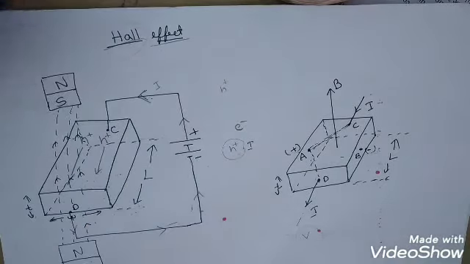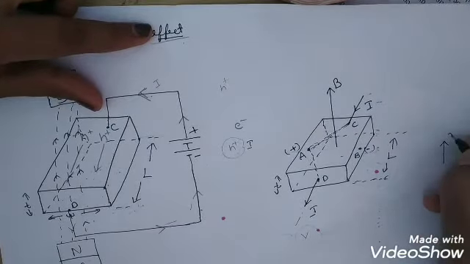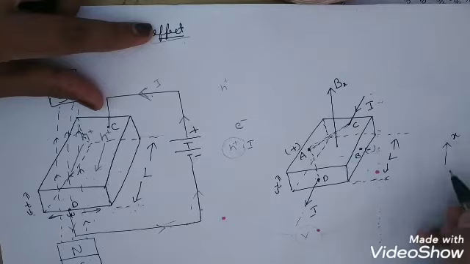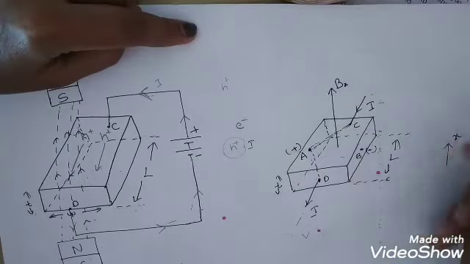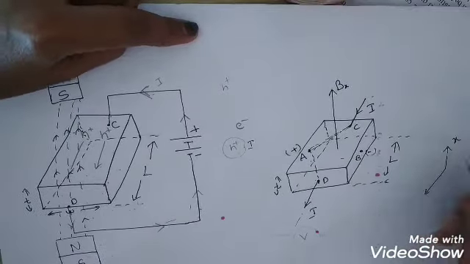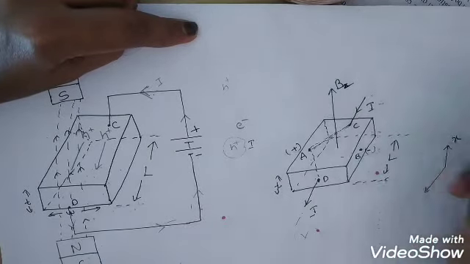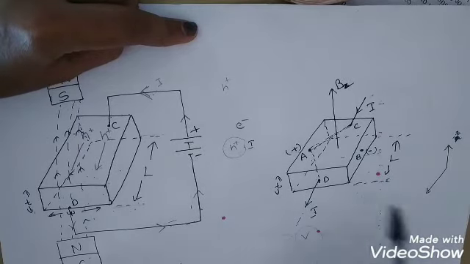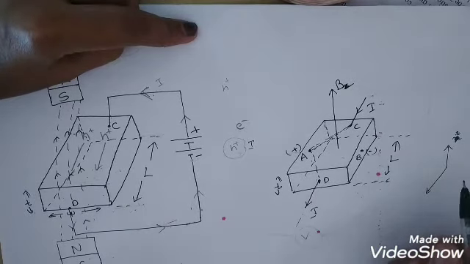For example, if we consider the magnetic field is applied in the X direction, that is Bx, and the current which is applied, the electric field is in the, let's consider this magnetic field is applied on the Z axis, call this the Z axis. Why we are considering these terminologies is to understand the voltage which is produced now, and in which direction exactly it is flowing.